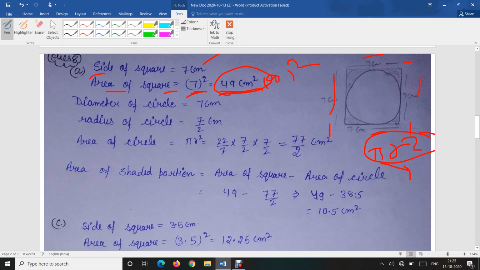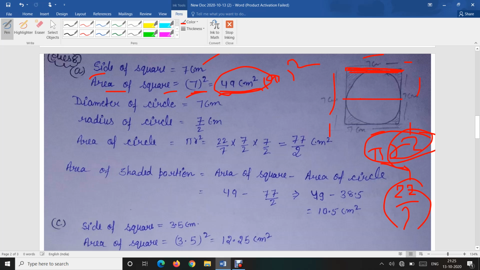Value of pi is fixed, which is 22/7. So we have to find the radius. How can we discover the radius? See, the length of the side of a square is 7 centimeter. If the length of this side is 7 centimeter, then obviously the length of this is also 7 centimeter, because